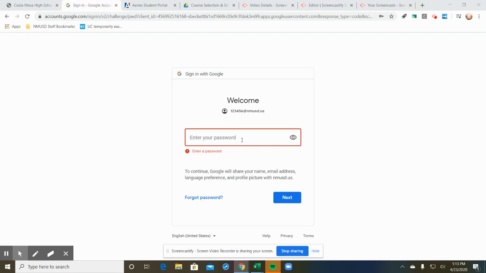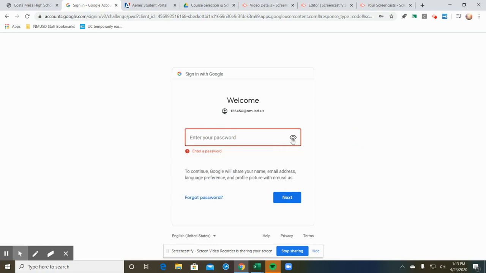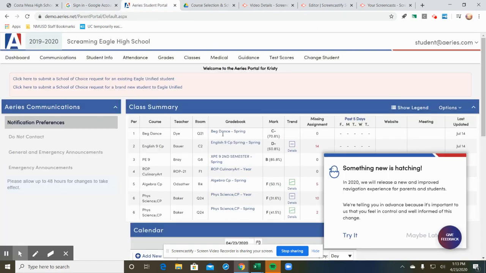Next, you're going to type in your password. This password is going to be your network password that you use to log into computers or Chromebooks on campus. So you should all know this password. If for any reason you can't remember it or need some help trying to figure out which password it is, you can always contact your counselor and we will provide that to you. So once you're all set, you're going to go ahead and click Next, and this will take you into your